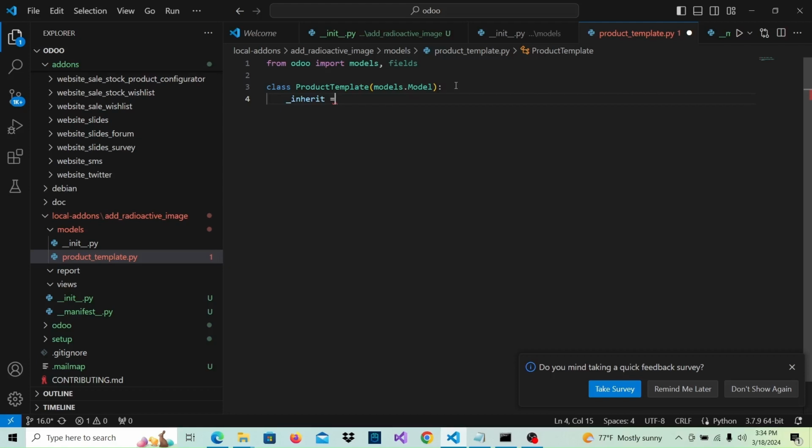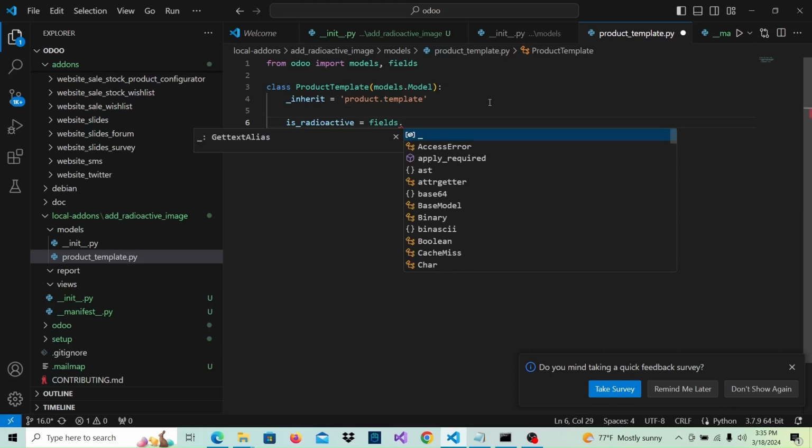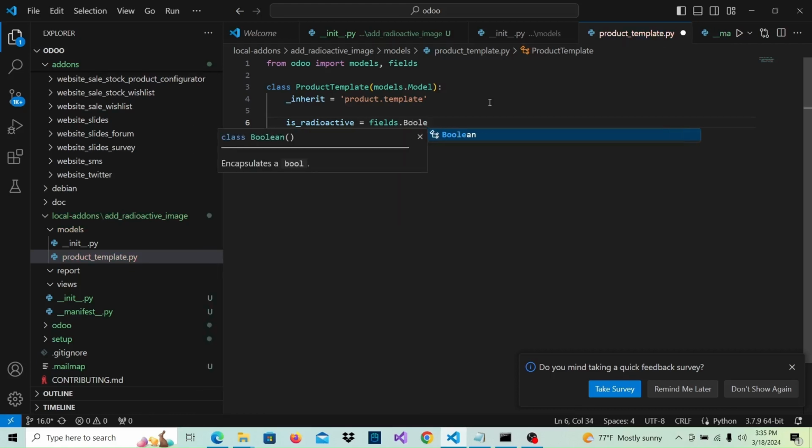And we're gonna inherit from the product template. And we're gonna declare the radioactive field, and I'm just gonna name it is radioactive. And it's gonna be a checkbox, so we're gonna choose Boolean